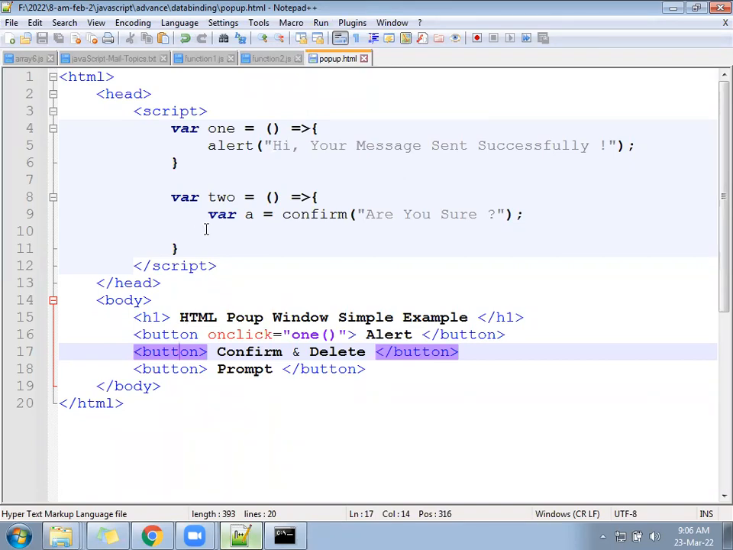So let's come to this file. Once you click on OK, it will give two buttons. Once you click on the second button, we have to call this function, function 2. Onclick equal to, we are calling function 2 here. Now after calling function 2,